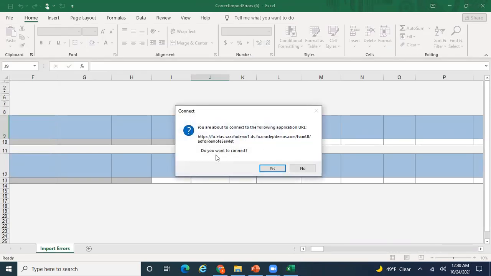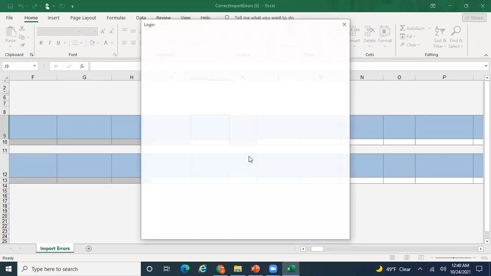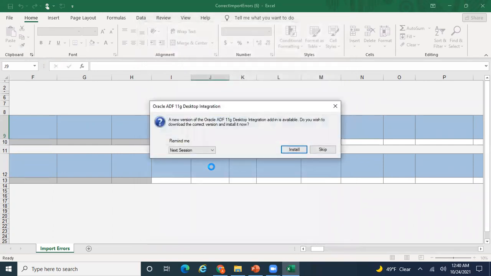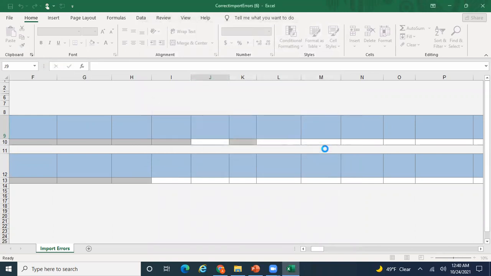It says you are able to connect to this. I say yes. It's trying to download a new version. I'll just say skip.